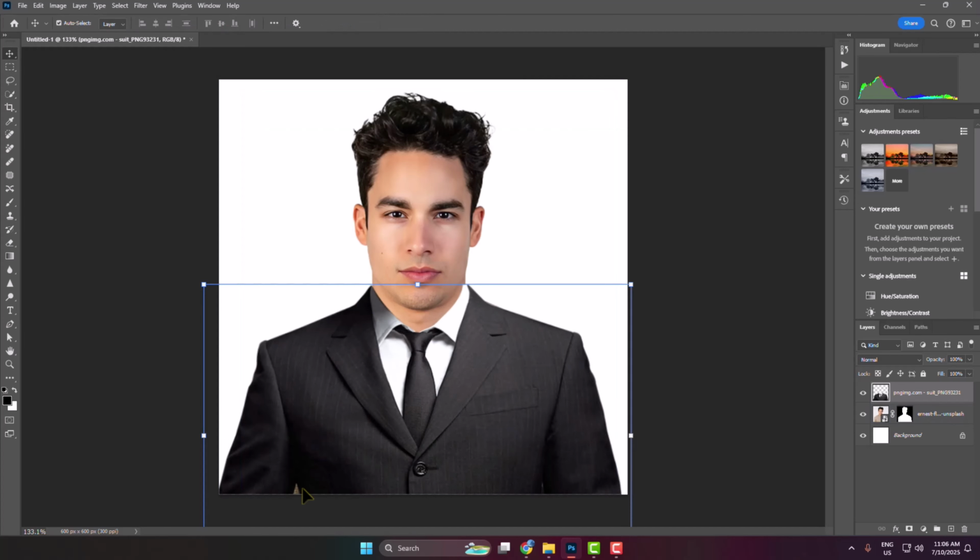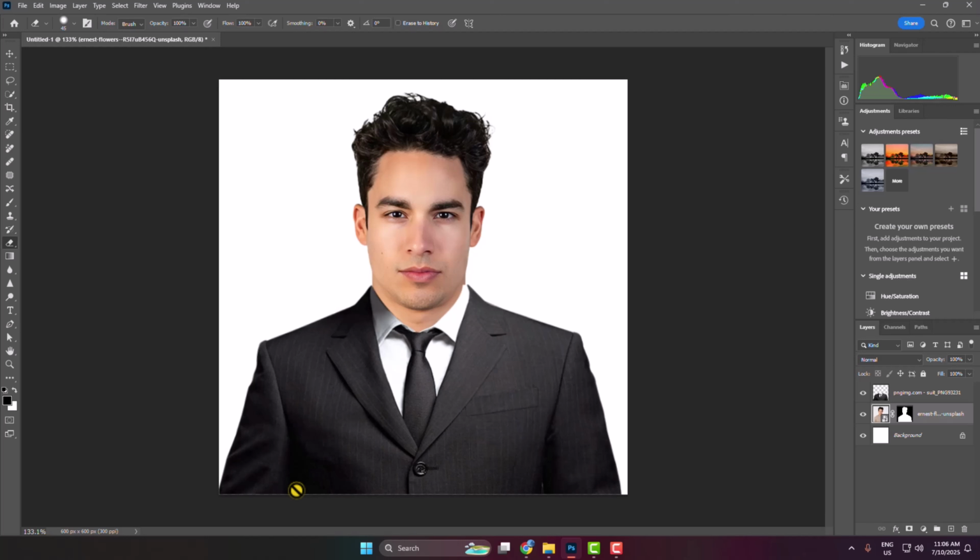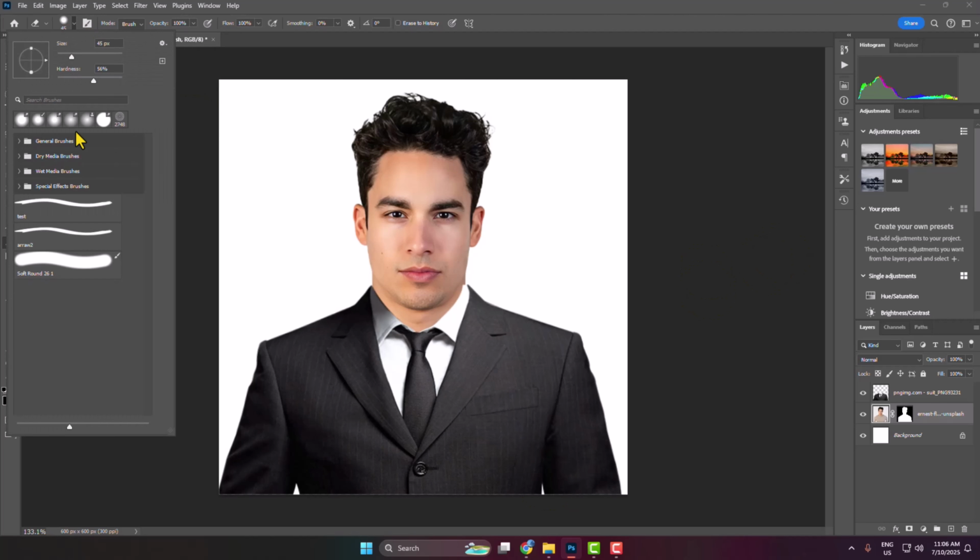And then we want to erase this part. So select the model thumbnail and select the eraser tool and just click here. Click on OK and erase this part from here just like this. And here select the soft eraser tool and